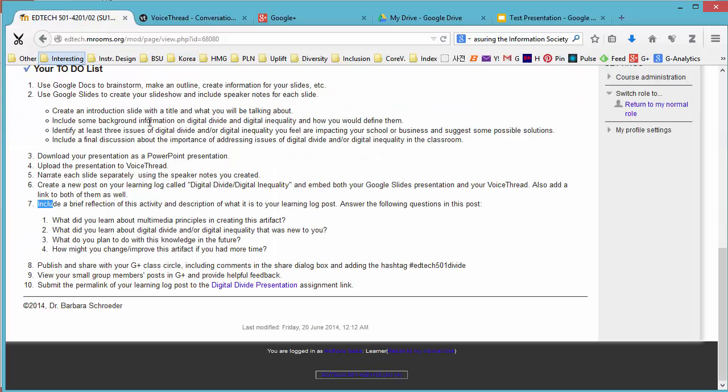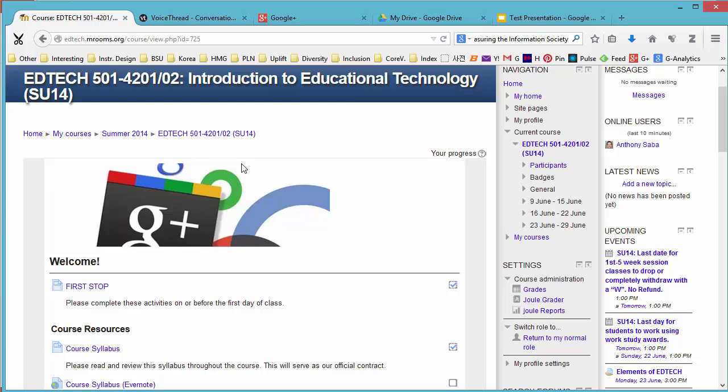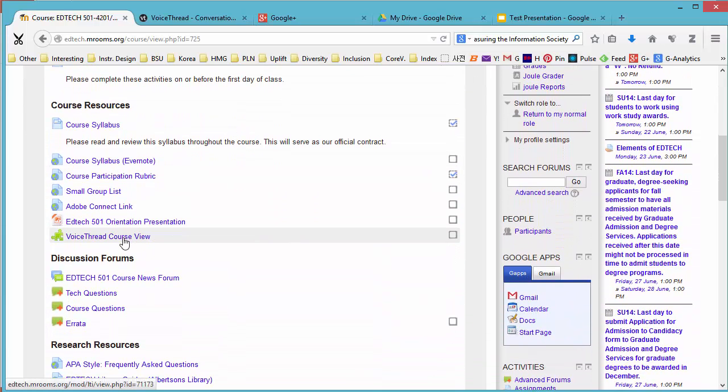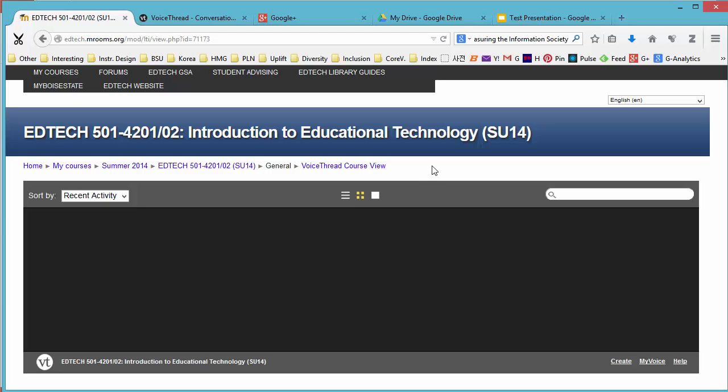Okay, so go back to Moodle. Okay, you go back to the course page, and you want to go to that VoiceThread course view. Okay, you will automatically be given an account for VoiceThread, it should be created for you automatically, and this is what